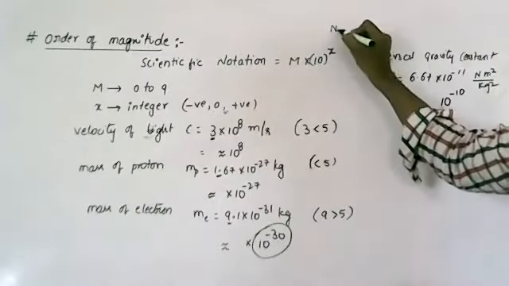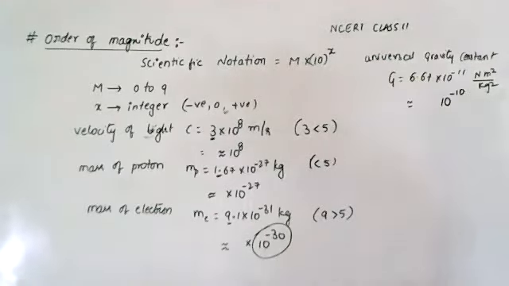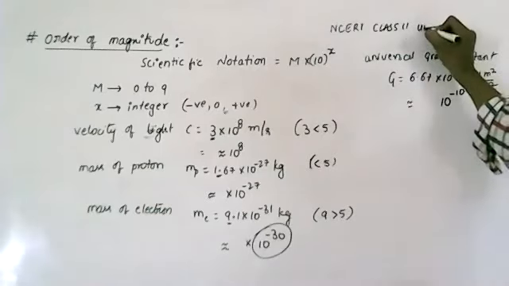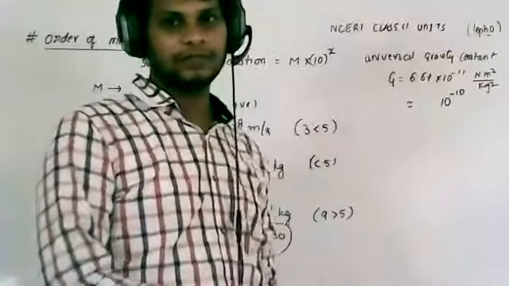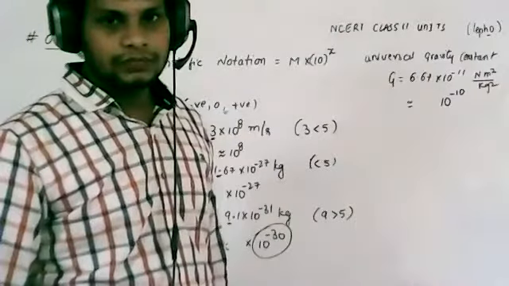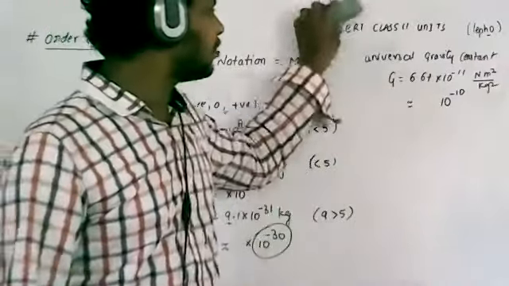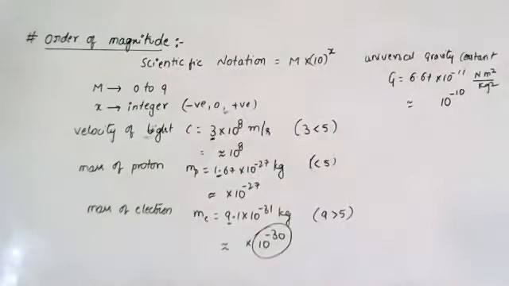You just type like this, NCERT class 11, units and dimensions. If you take like this, you will get the file name like leph1, lephy, like that. Li401, ke401, like that you will get. You just type that in your Google, then you will get the documents. Then you click on that, you will get the desired lesson. No man, 6.67 is not correct. 10 to the power of minus, you have to write like 0.67, like that you have to write.